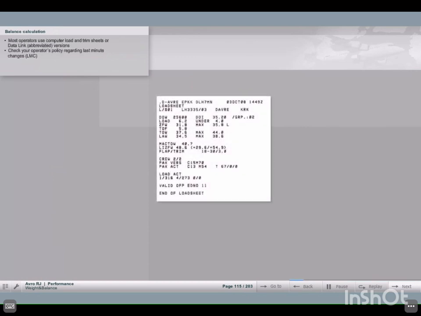Most operators use computerized load and trim sheets or even data link load sheets, which are abbreviated forms of the computer load sheets. Certain restrictions